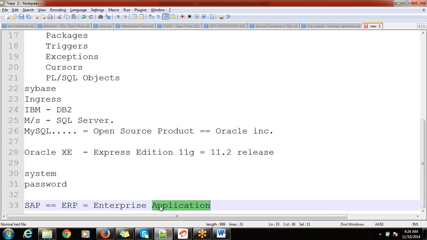Which is a very huge application, generally used by very huge organizations in the world.